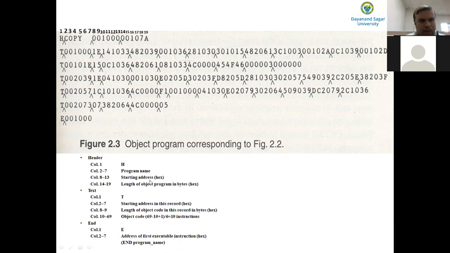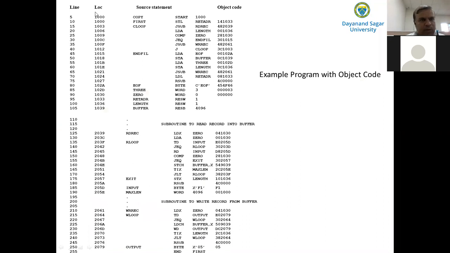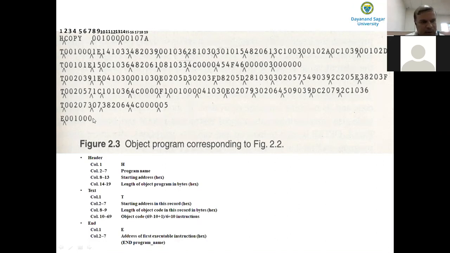What is the address of the first executable instruction? 1000. Where do you find it? As the operand to the START assembler directive. So 1000, mention it, starting from the last column 0001, then 00. So 001000 is the address of the first executable instruction.